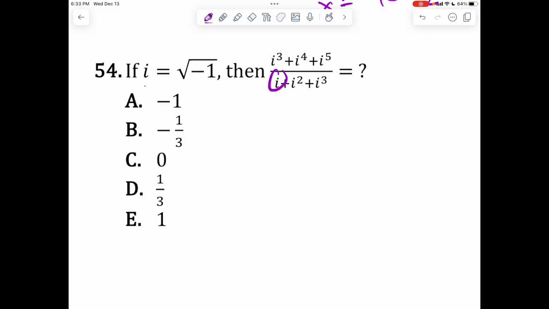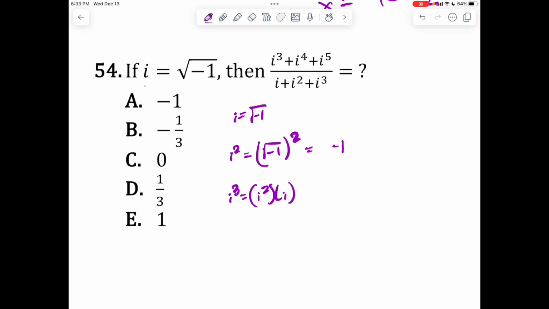We'll start with the simple one. i is equal to square root of -1. Simple as that. i squared, we know, is equal to square root of -1 squared, which is equal to -1. Okay, i to the third. How do we calculate this? It's kind of hard to do, right? You don't really know what i to the third is, but what I do know is it's i squared times